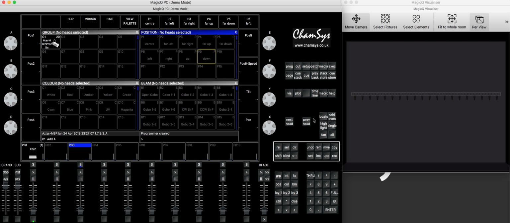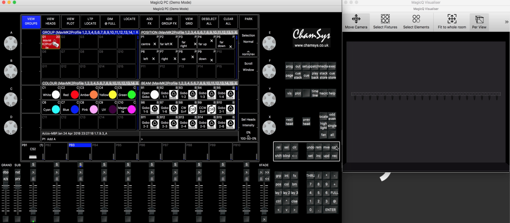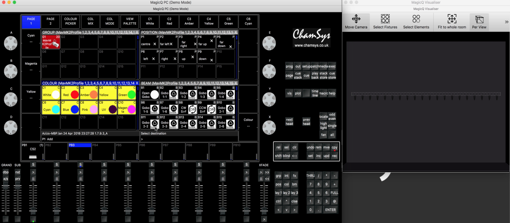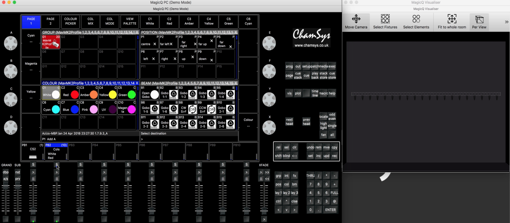Hey everyone, just a quick video tutorial of how to create a CueStack out of pallets. It's very basic. So all you will have to do is select the group of lights, press copy, then click on the first pallet, drag all the way here, press enter to take it to the clipboard, and then the buffer, and then we've created